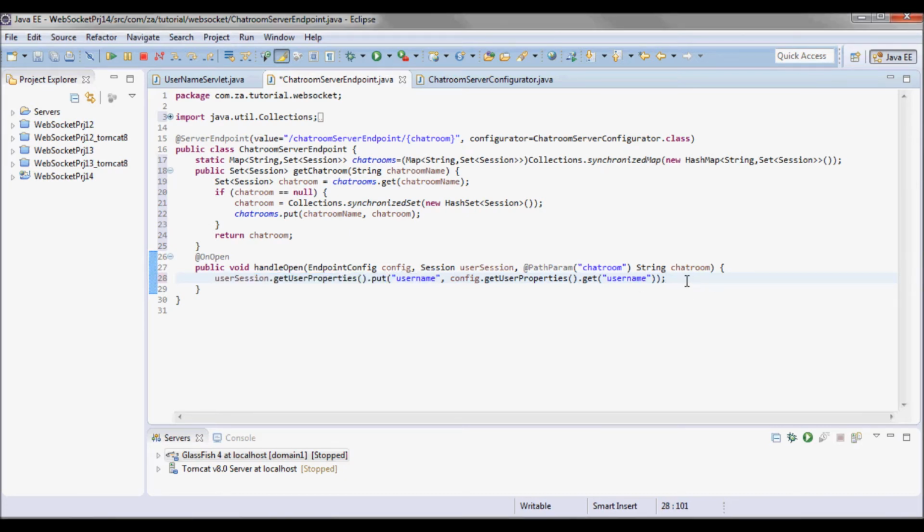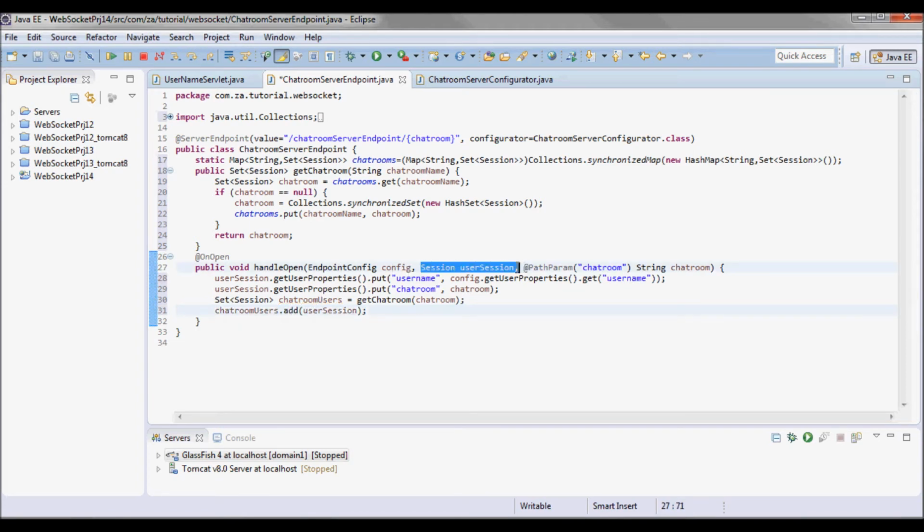I'll also store the chat room name in that session user properties also. And next I'll pick up the set of chat room users associated with this chat room name, and I will add this session to that set,